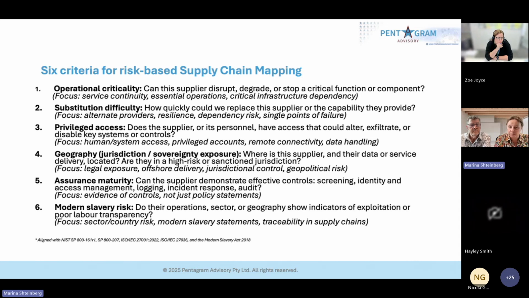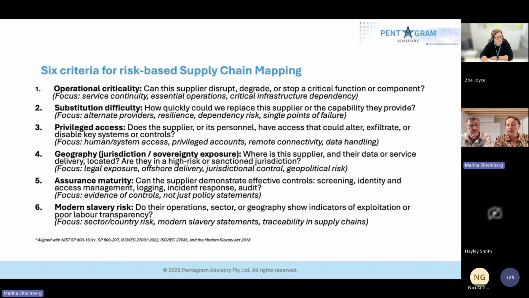Privileged access. Does the supplier or its personnel have access that could alter, disable key systems controls? And geography, or the jurisdiction or the sovereignty exposure. Where is the supplier and their data or delivery source located from? Are they in a high risk or sanctioned jurisdiction? Number 5 there, assurance maturity. Can the supplier demonstrate effective controls, screening, identity management, access management, logging, and so on? And the modern slavery risk. Do the supplier's operations, do their sector or geography show indicators of exploitation or poor labour transparency, or a possible